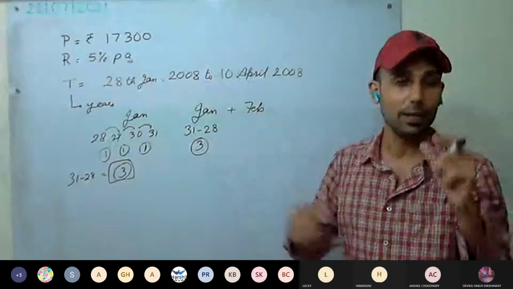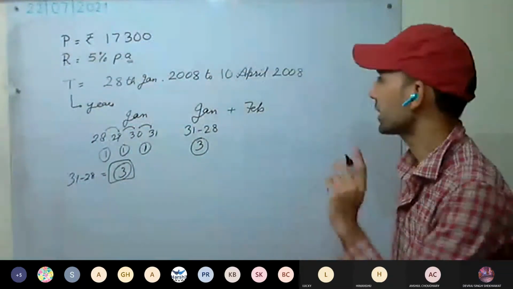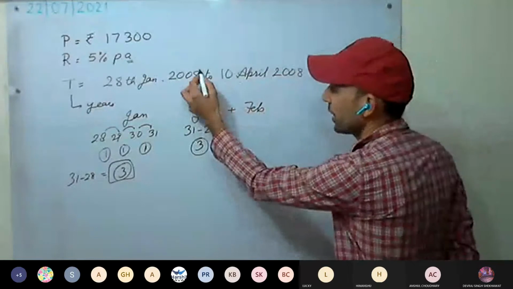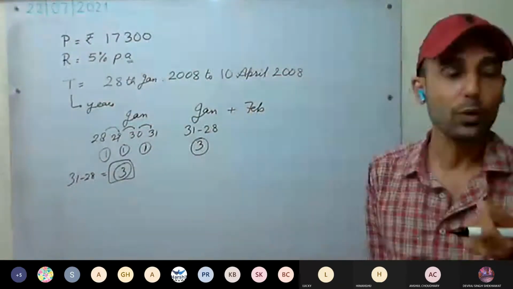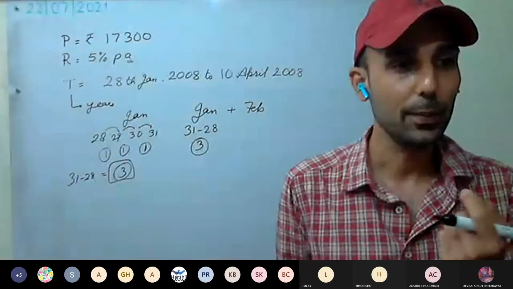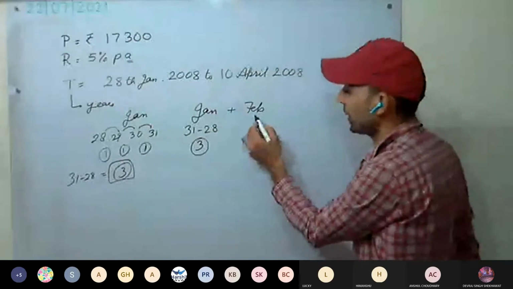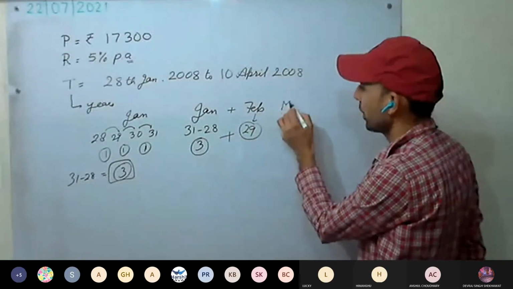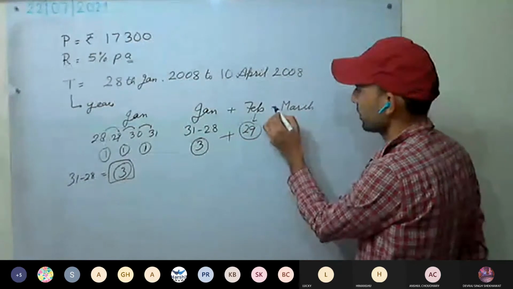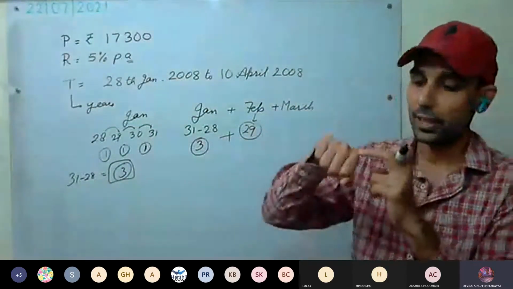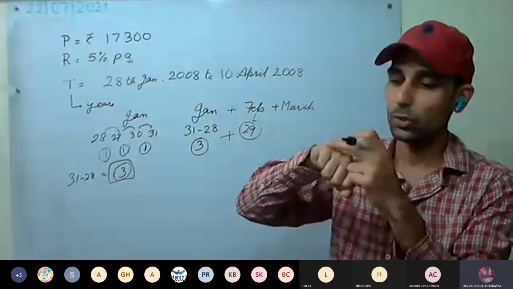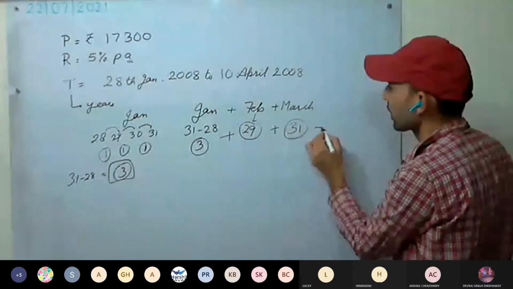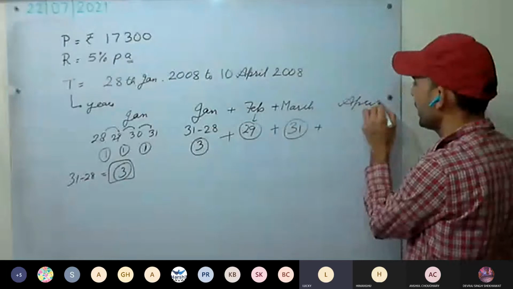We'll discuss about leap years as well tomorrow. Here it will be 28. Last digit divisible by 4, something more is there. In leap years, we'll discuss tomorrow. Feb, how many days? 29 days. 3 plus 29. And March, 31. Jan, Feb, March, April, May, June, 31. July, August, you all know? 31. 31.